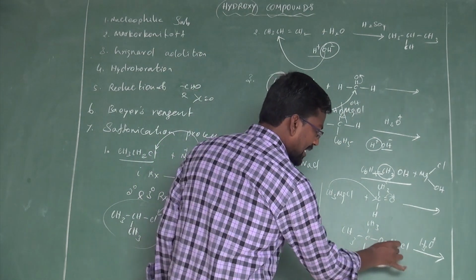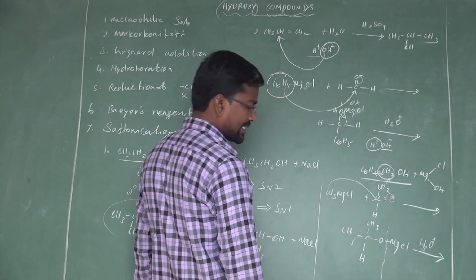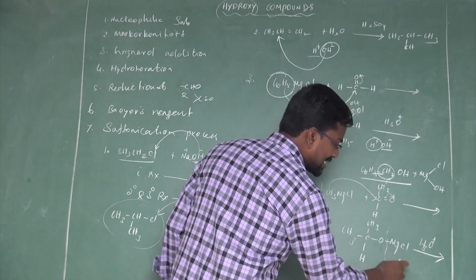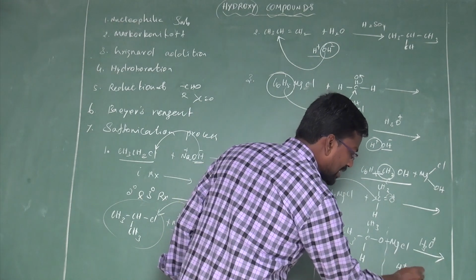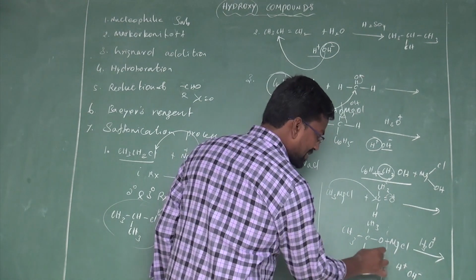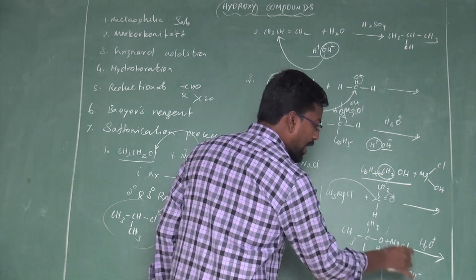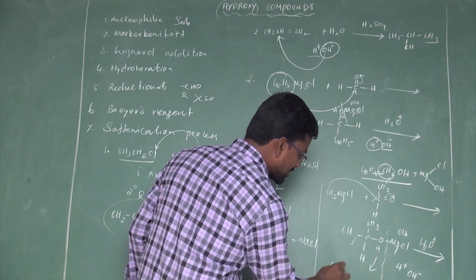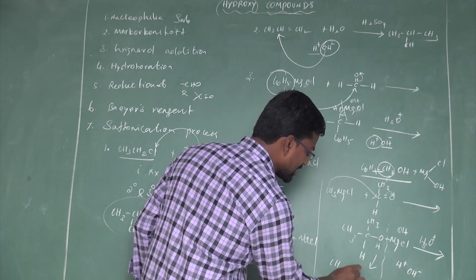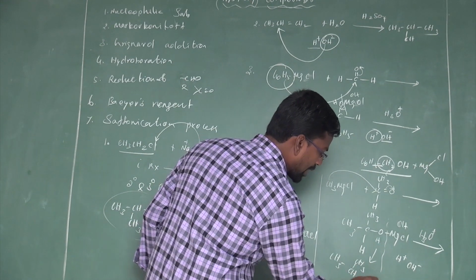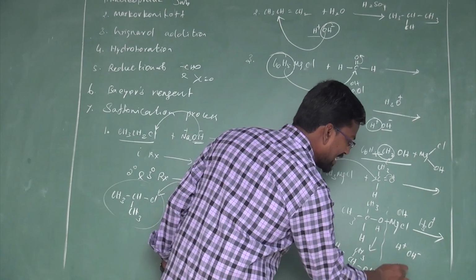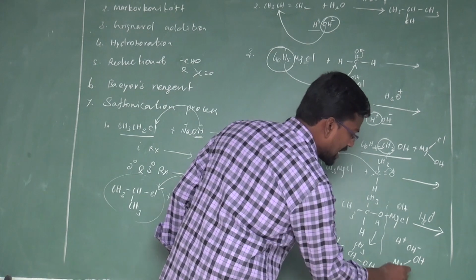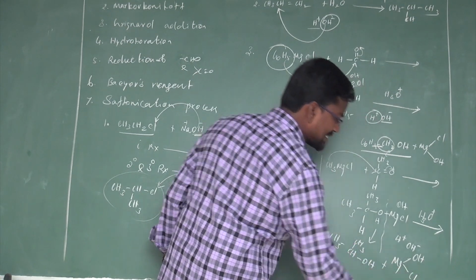The oxygen and magnesium bond breaks. The hydronium ion dissociates to form H plus and OH minus ion. The H plus ion can combine with oxygen. OH minus ion can combine with magnesium to give CH3CH, then CH3 bond OH plus magnesium valency 2 plus. 1 plus valency set by OH. Another 1 plus valency set by Cl.